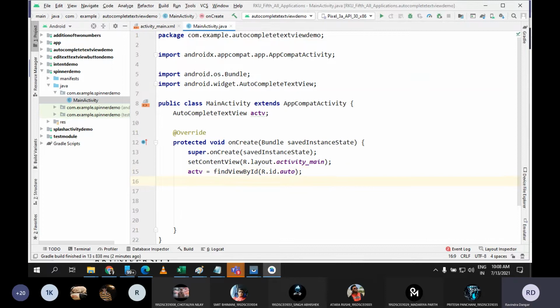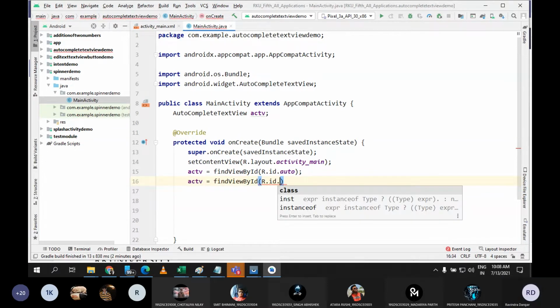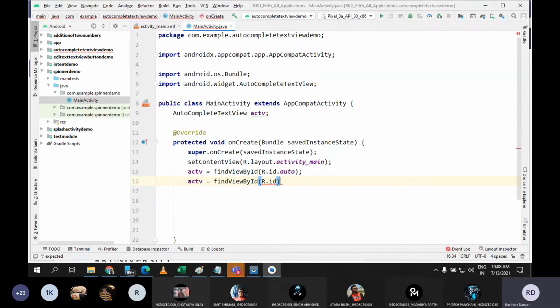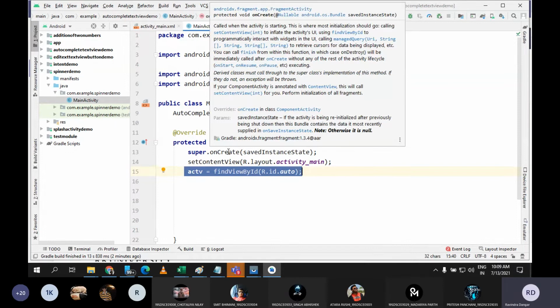I need to write it now. I'm not getting an error. This is surprising. Let me do it one more time. Somehow I'm not getting suggestions, but still I'm able to access the ID. So let us go ahead. There is no problem as of now. We'll have to see why it was not getting displayed here. Otherwise, it should display all the IDs here. But that we will think about later. Don't worry. So as of now, I have got the ID of this control. Now, can anyone tell me what could be the next step?